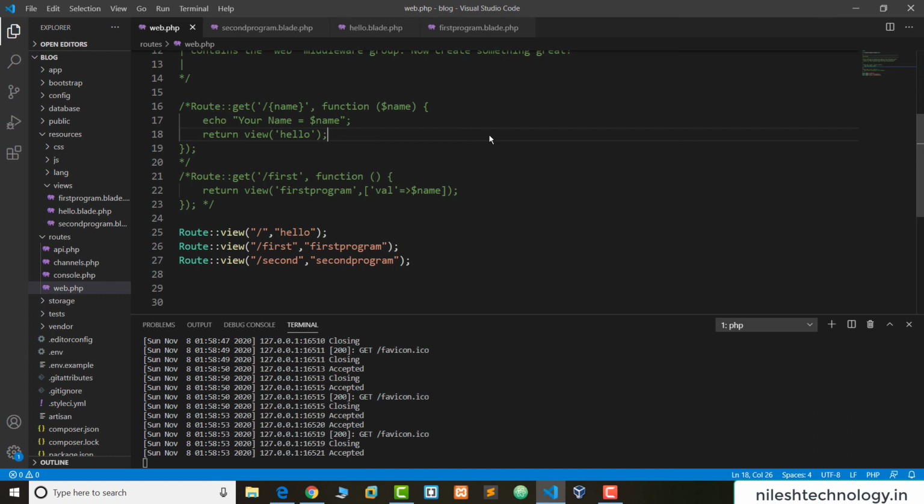Blade view files use the .blade.php file extension and are typically stored in the resources/views directory. The main advantage of using the Blade template is that we can create a master template which can be extended by other files.